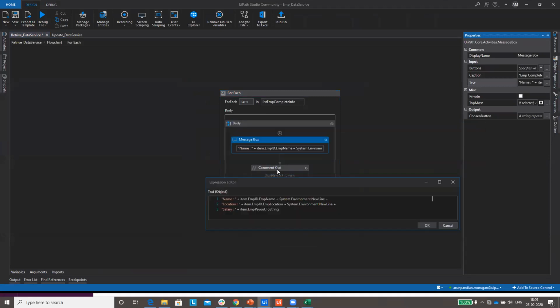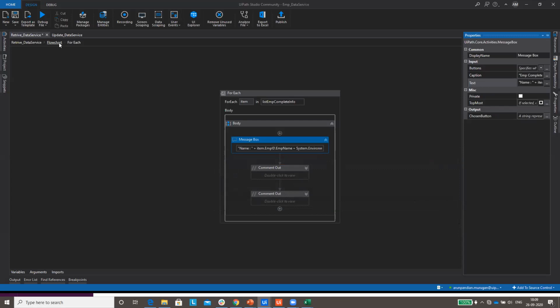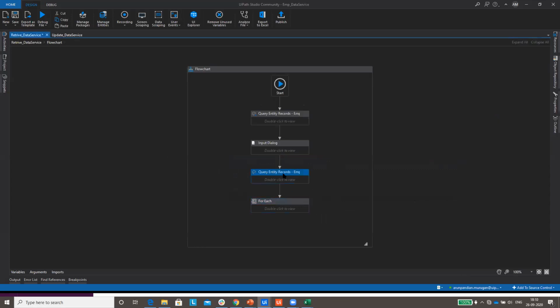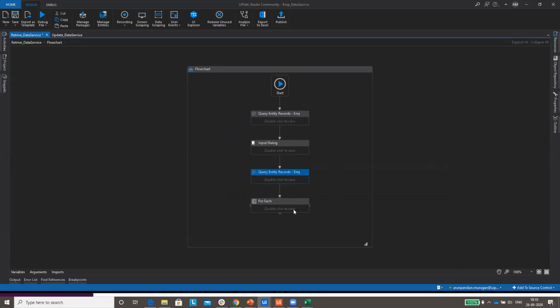See here, this is an item object. After that, if you give employee ID, you will be given the employee name. So using the employee ID as a relationship, you can fetch the employee name, which is of a different entity. Currently we have this list emp complete info which is from only the salary. This particular query entity record is only dealing with the salary entity, but using it we can also get the name.